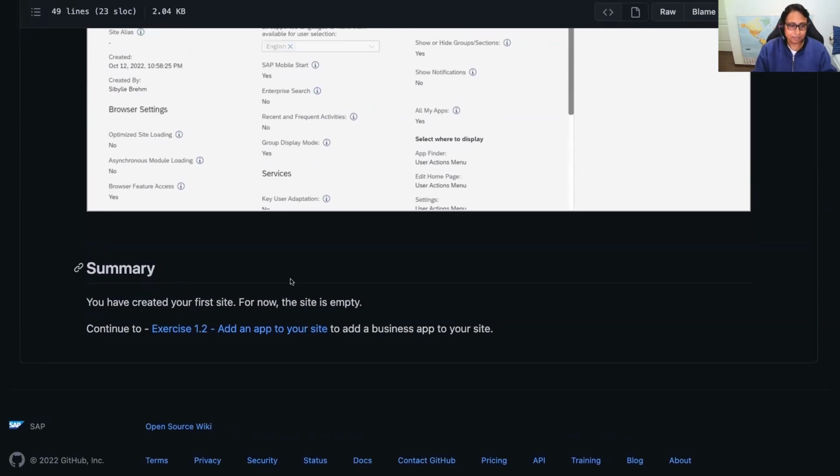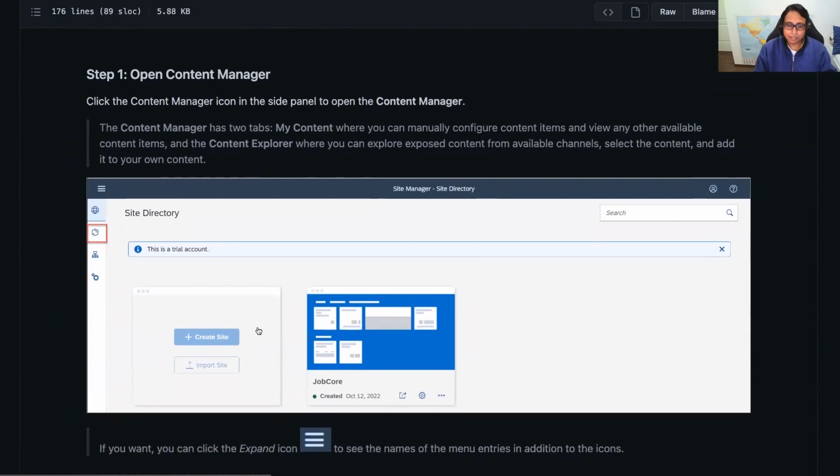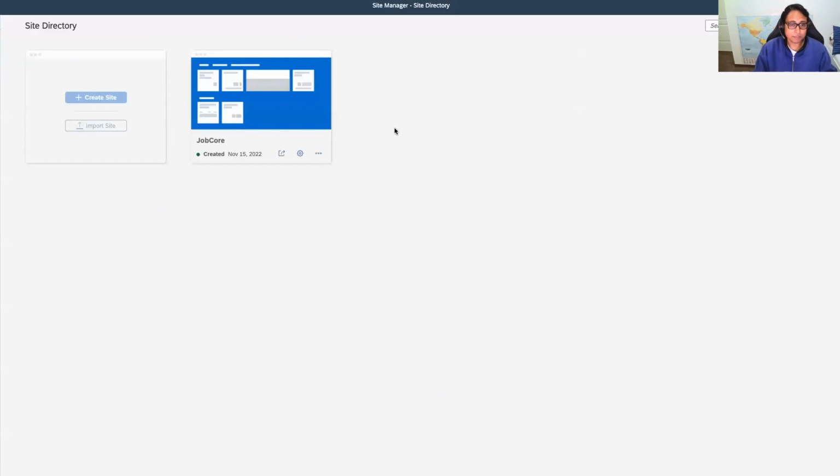And then let's move to exercise 1.2, where I'm going to add a custom app tile onto the site. Now, why am I doing this? Because right now the site is empty. I've just created a site. It doesn't have any app to access. So I will